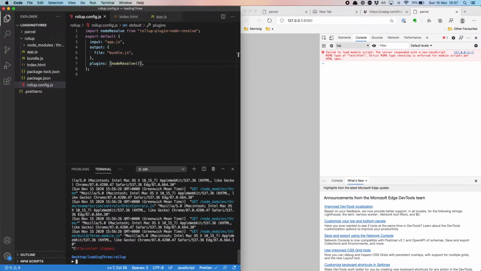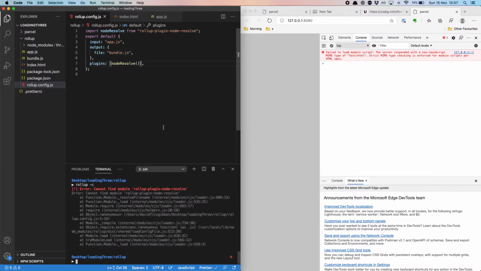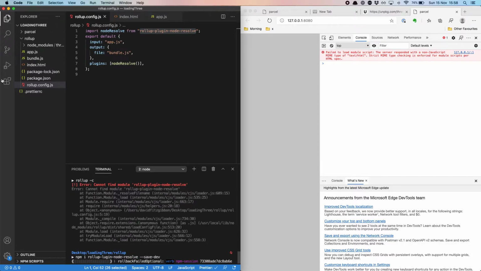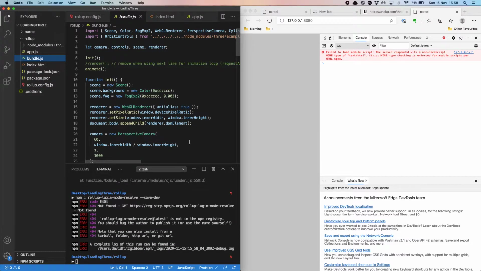Now when we run Rollup, can't find modules. Sorry, yeah, so we need to npm install this. So we're going to say npm install, not node modules, Rollup plugin node resolve, and we want to save that for dev. So if we look at bundle.js, oh no, let me just get this exactly. Npm install